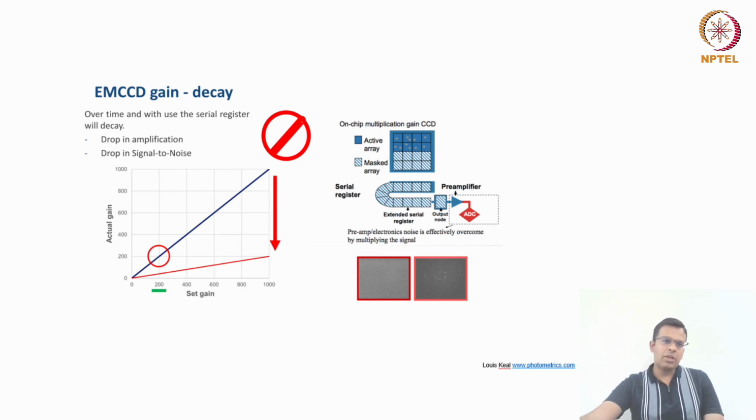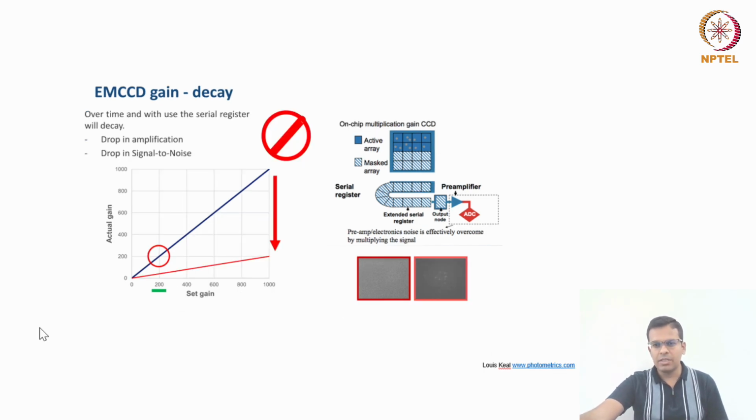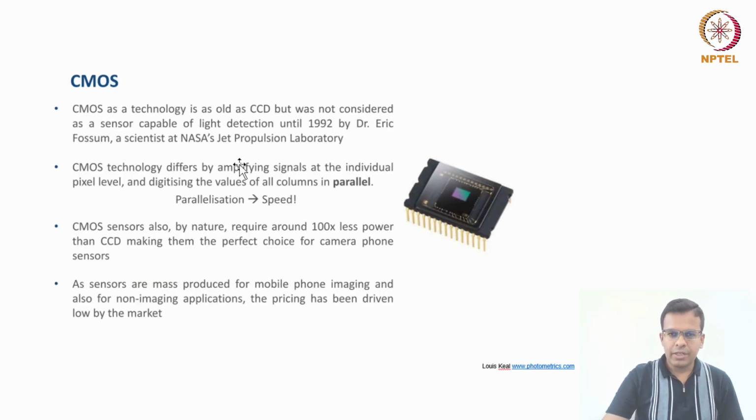So because of that, what happened? Let's say you captured one image 5 years before for the same sample, and the image was very good quality. You can see your single molecules here. But after 5 years, using the same microscope, same camera, same sample, you will see the image like this. And that is not because of your sample. Your sample is still the same, but that is because of the decrease in the actual gain of the EMCCD camera.